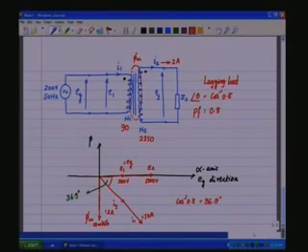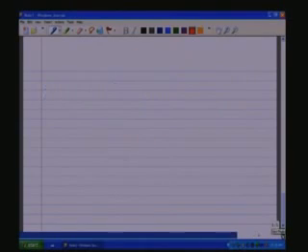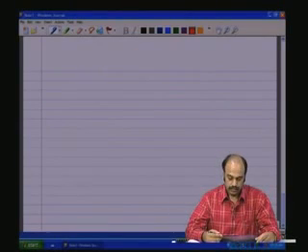Phi m is also an RMS quantity because it was calculated using RMS quantities. So, this would be the phasor diagram for this transformer circuit. Is that clear? Okay, now